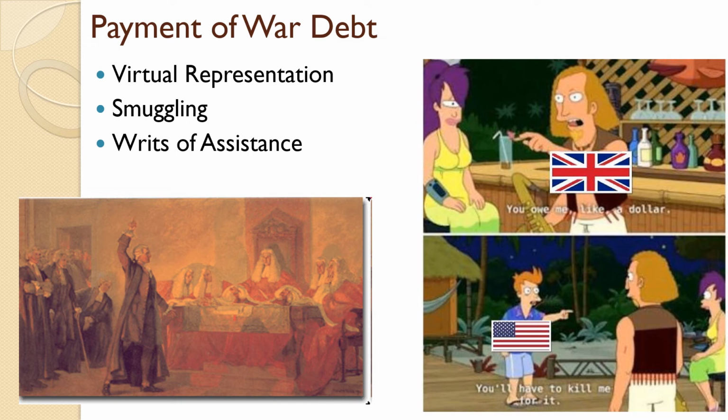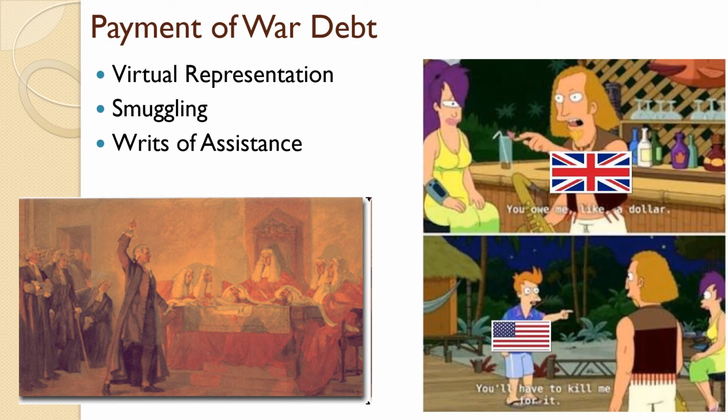There is no American colonist in Parliament, but you guys have virtual representation, which means that us parliamentarians, we really care about every citizen in the empire. So you're right, you don't have a representative on our council, but we still care about you. Doesn't that sound hollow? That's what the Americans say. It's like, well, wait a minute. Okay, that sounds great. You're supposed to care about me, but